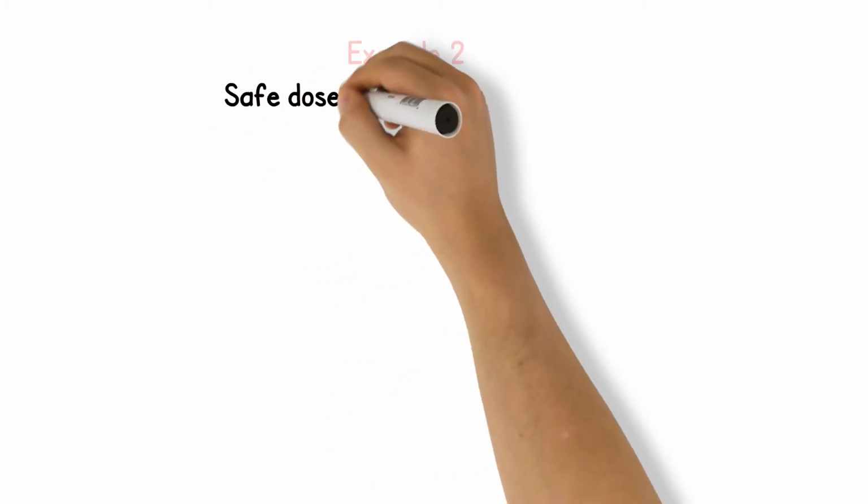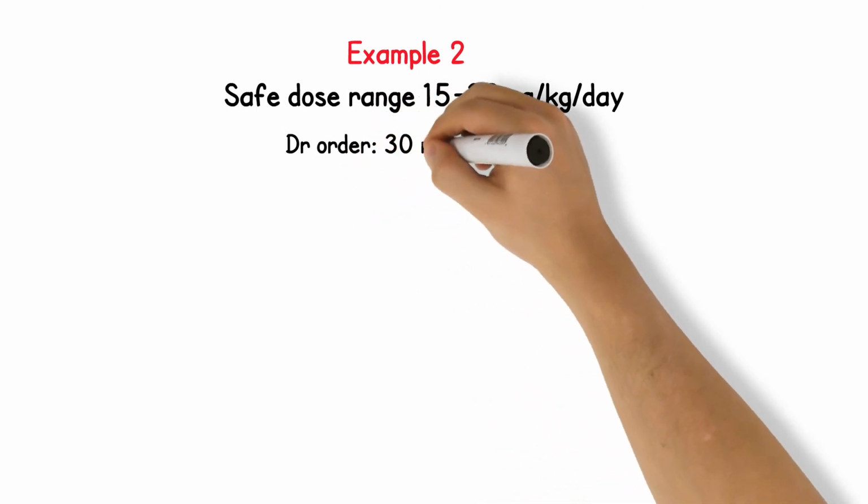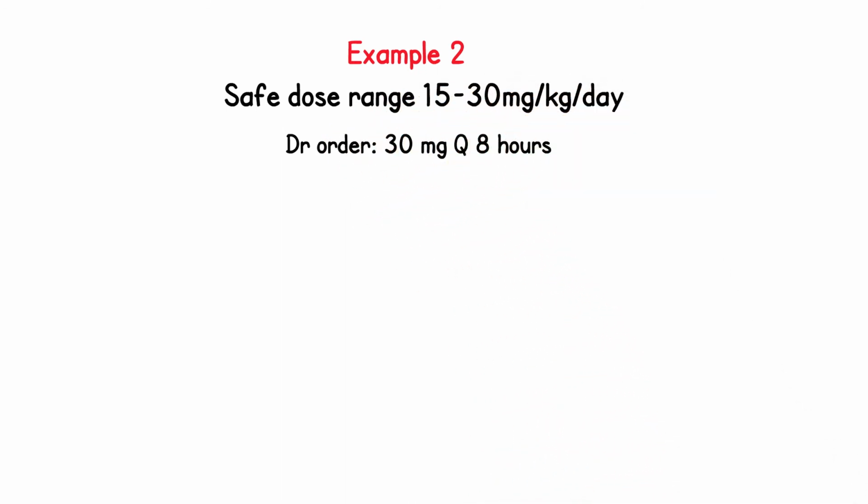Let's take a look at another example. Another way they might present the math problem would be safe dose range 15 to 30 milligram per kilogram per day. Let's say the doctor's orders say 30 milligram Q8 hours. So first let's add up the safe dosage range. Let's say for the same child weighing 5 kilos, we'll get for minimum